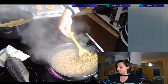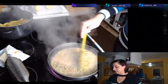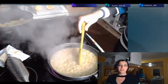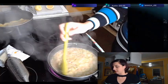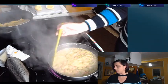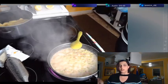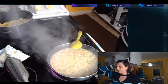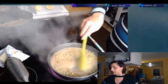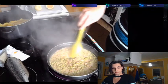Can I add more cheese now? I do see it incorporating, like it's getting a nice color to it. It's just, can I add more cheese? This feels like a lot of peas for the amount of sauce. But maybe that's just me, because I like my veggies as a side, not a main option. Oh yeah, I do kind of need to keep stirring that. Otherwise it's going to want to stick. Not really, because it's a non-stick pan, but...